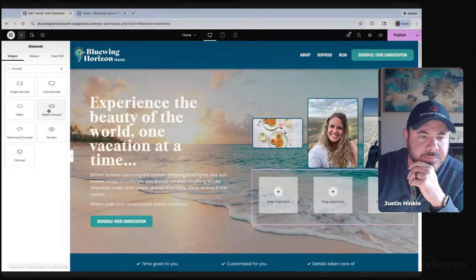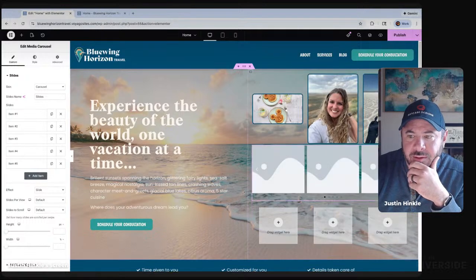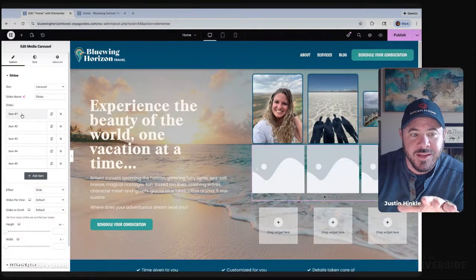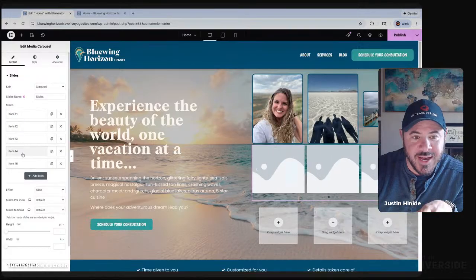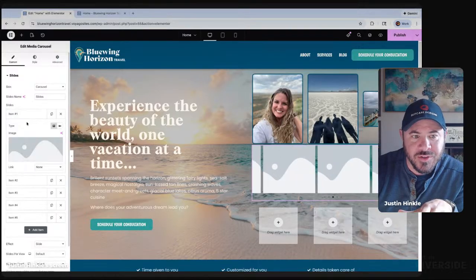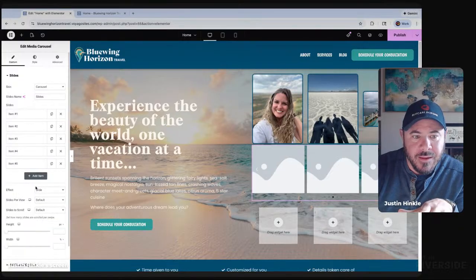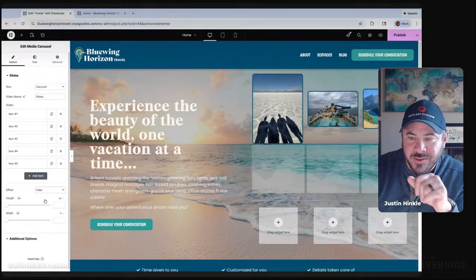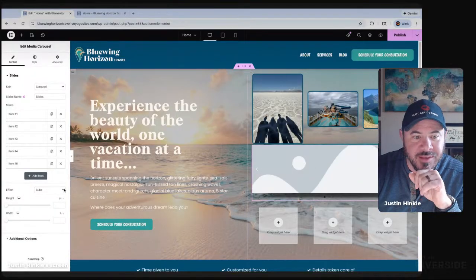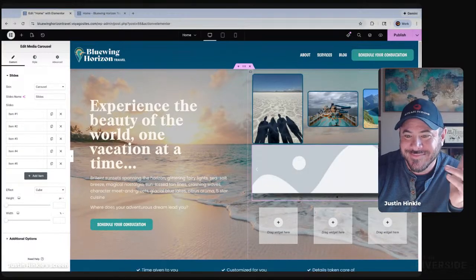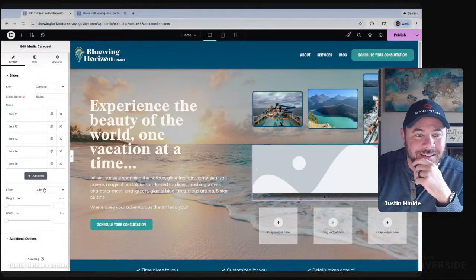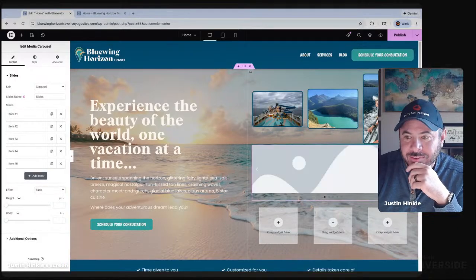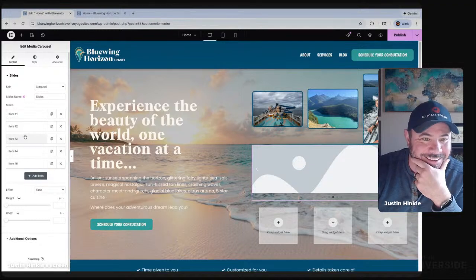I think it's the media carousel is what I'm thinking of. Yeah, the media carousel. So this one, you insert the slides like this, one at a time. So you click on item one and choose your image. And then the effect here, you've got some different things here that you can do as it rolls around like a cube, or fades into one another. Well, you can't tell the fade because